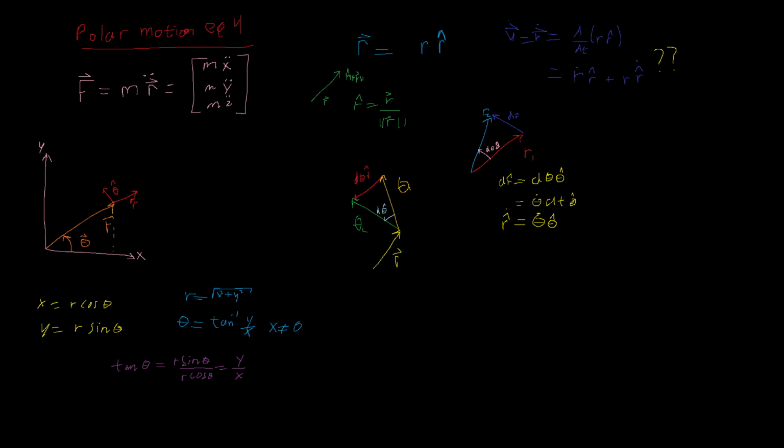We just have to take the direction into account. So d theta hat is equal to the negative, because it's moving backwards. We have a backwards change in r, d theta times r hat. And through the exact same logic, we arrive at theta hat dot is equal to negative theta dot r hat. Okay, so this is going to be important